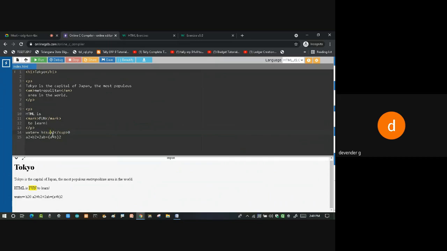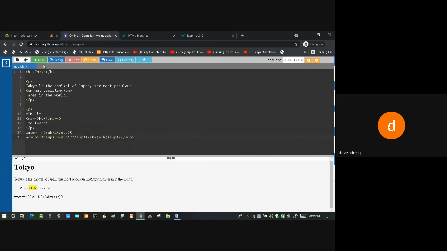So it is sub for subscript. And if you want to send text up, I have to use superscript. So subscript and superscript are the two formatting tags. They send the text below and up. Wherever you require, there you apply that particular tag.